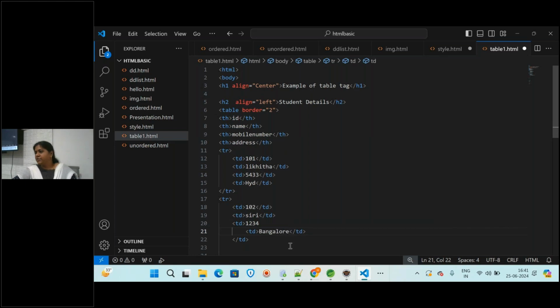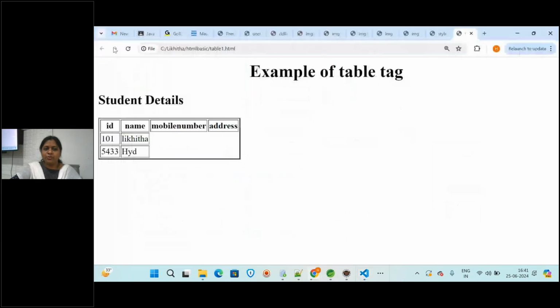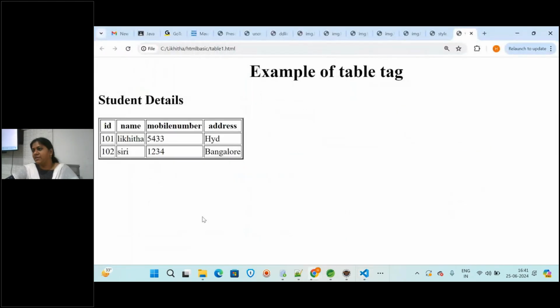Okay. So what is the difference between TR and TH tags? Is there any difference? Both are for representing the row only, right? What is the difference you are observing there? Even though I gave in TH, it is coming in a row. As soon as we complete, it is coming to the next row. So what is the difference between TR and TH tag? By seeing the data, can you observe?